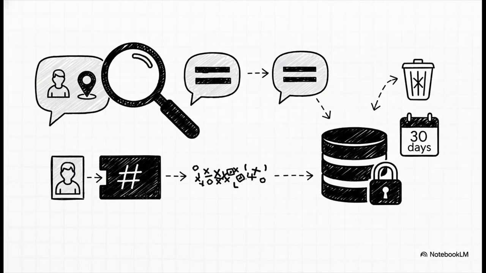Here's a little pro tip that brings this all to life. Check out this pseudocode for a storage function. Look at the very first thing it does. It checks for and redacts PII. That's your security gate. Then, notice it doesn't store the real user ID. It stores a hash of it to keep it anonymous. And then, my favorite part, it saves the entry with an expiration of 30 days. It's like a self-destructing message. This one little function is just a perfect example of how to handle data safely.